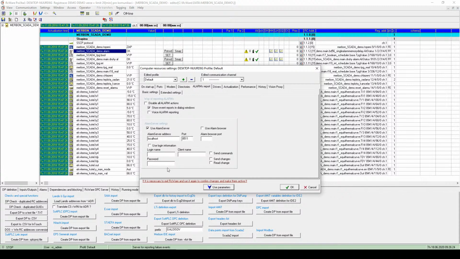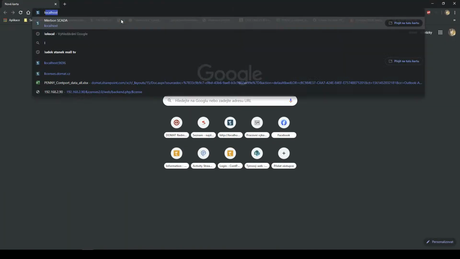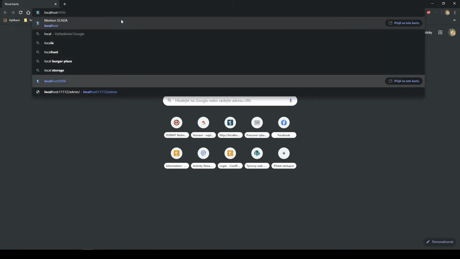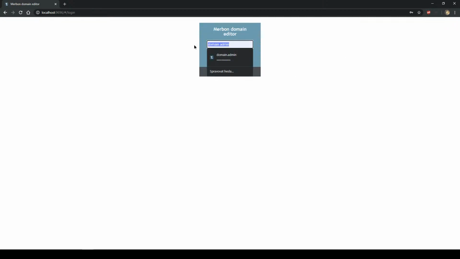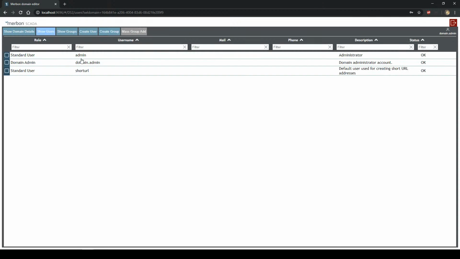and I need the user that will communicate it. I will use this user to configure the alarm server. So I have to go to the domain server. So it's localhost 9696. Okay, I fill the domain admin and its password from the previous stream from the SCADA server installation, and I'll edit the user policy here. Here I will create a user. So it's this button, create user,